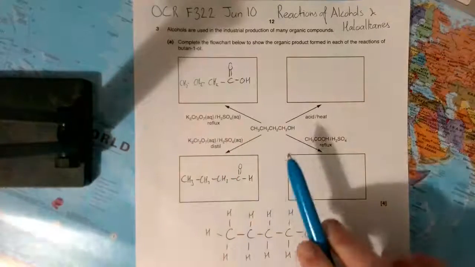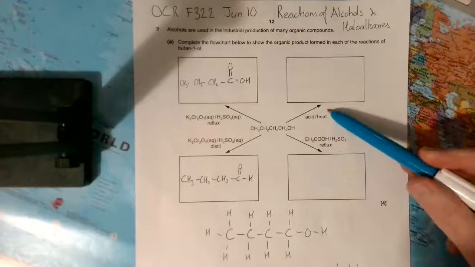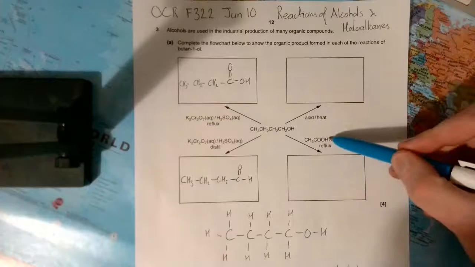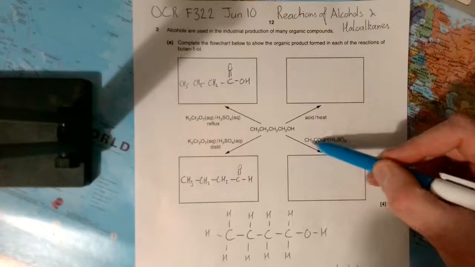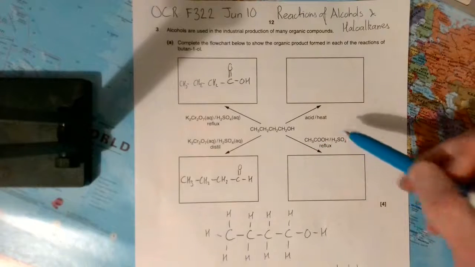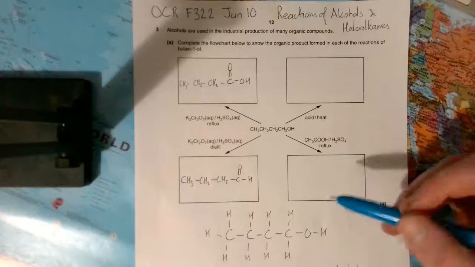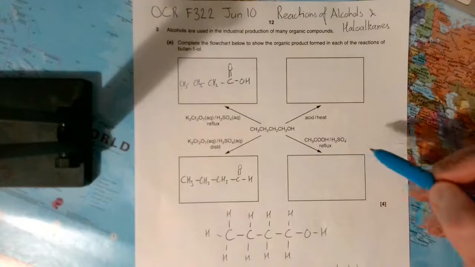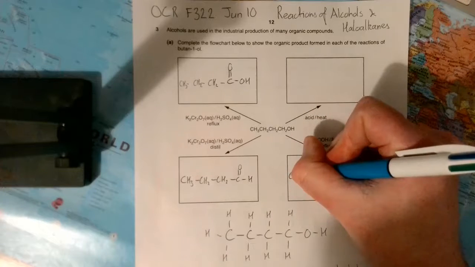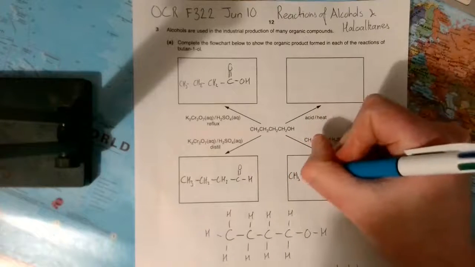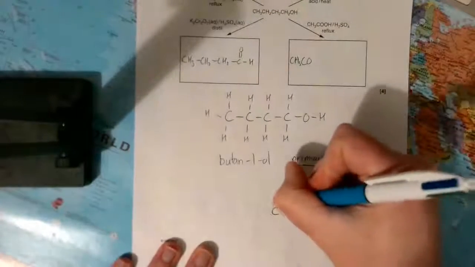Okay, looking on at the other 2 reagents, we've got a carboxylic acid and H2SO4. The key bit you want to be looking at is the carboxylic acid: alcohol plus carboxylic acid in the presence of an acid catalyst gives you an ester. So I'm going to just take what it gives me here, CH3CO. Now, the ester link